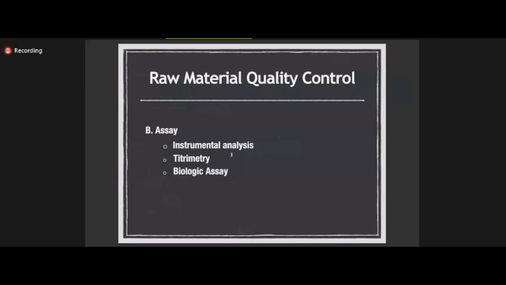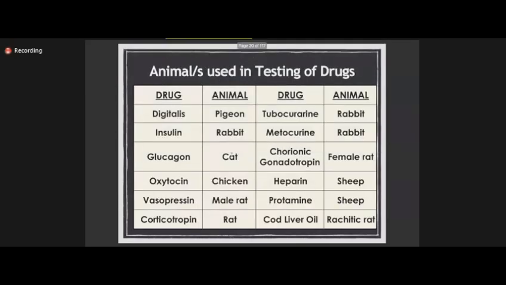So walang pinagbago to. So you have your animals used in testing of drugs. So we have digitalis for pigeon. Sa pigeon class, dako silang heart. So very much observe ang effect ni digitalis on the heart. So for your pigeon. Insulin, we test it on rabbits, cat. We have your glucagon. Oxytocin, so ang ating mnemonics dito is manoxytocin. Yung manok, oxytocin. Okay? And then rat, vasopressin,